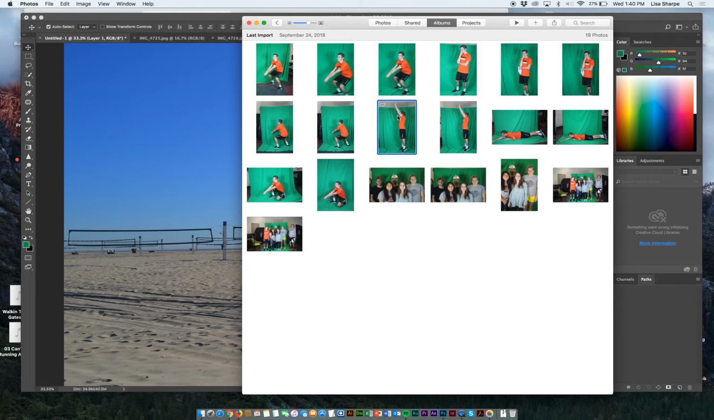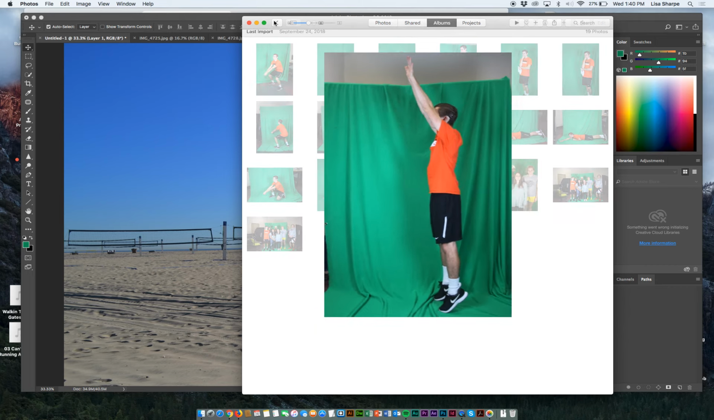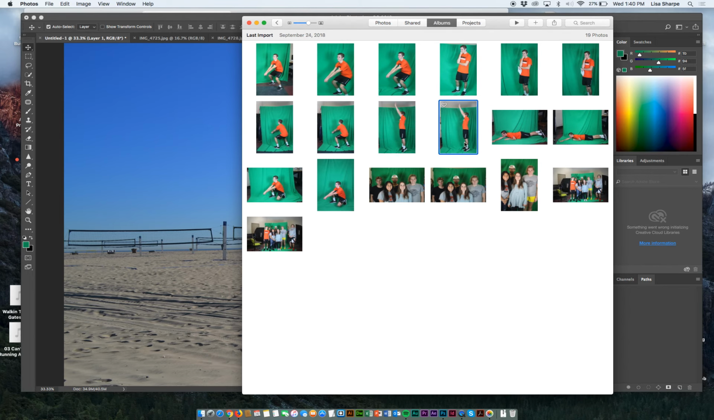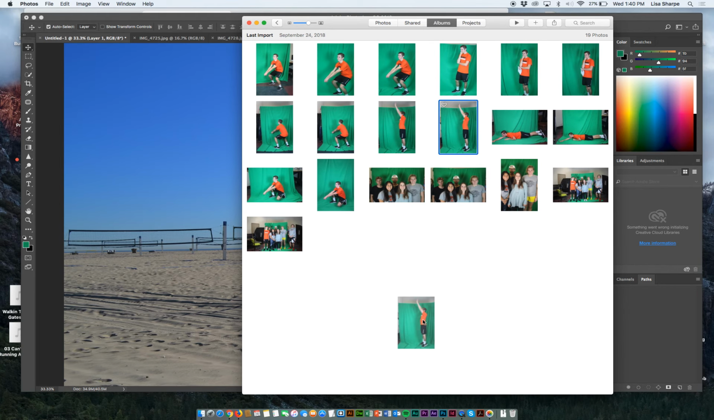I guess we do need one of you reaching. So we'll do the best we can with this. This one is a little bit unsharp. Can you guys see that? But we will do our best with that one. This one, let's see if this one's a little sharper. That one's sharper. We'll use that one. Okay, so